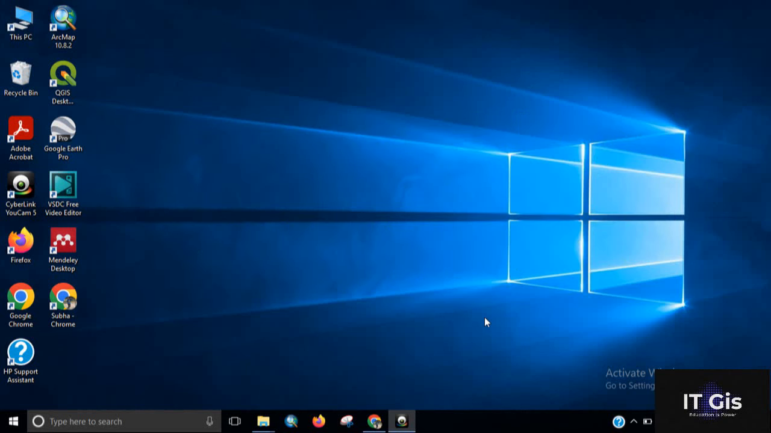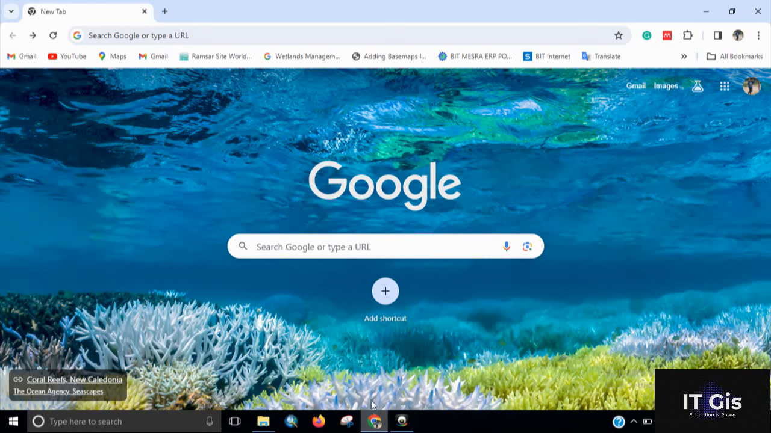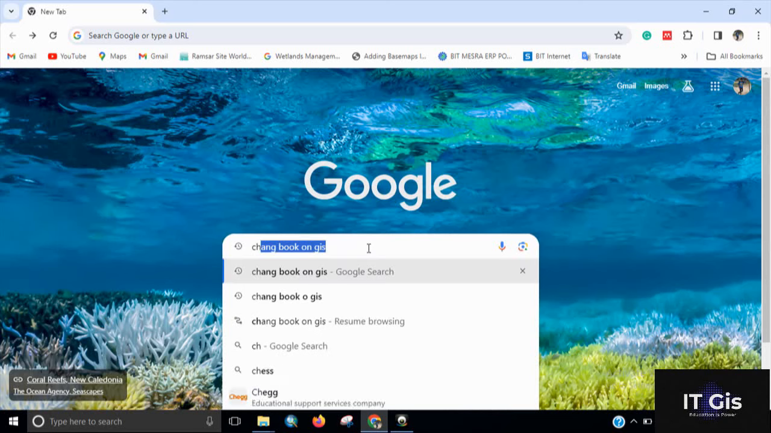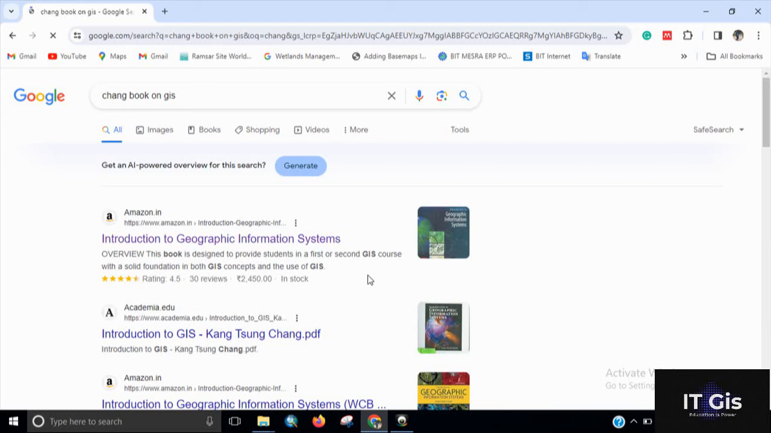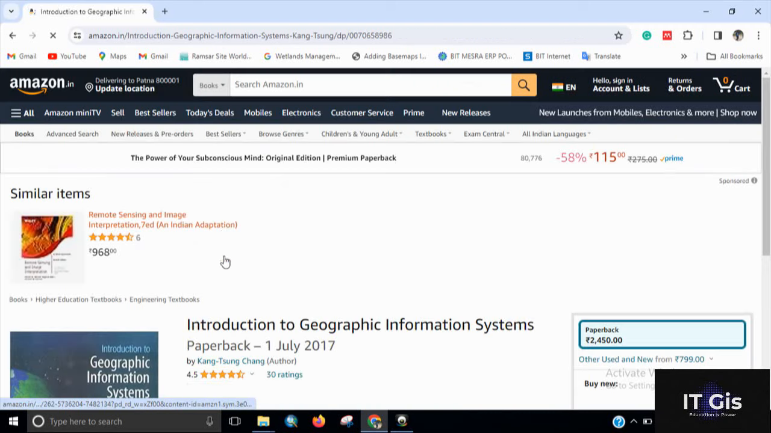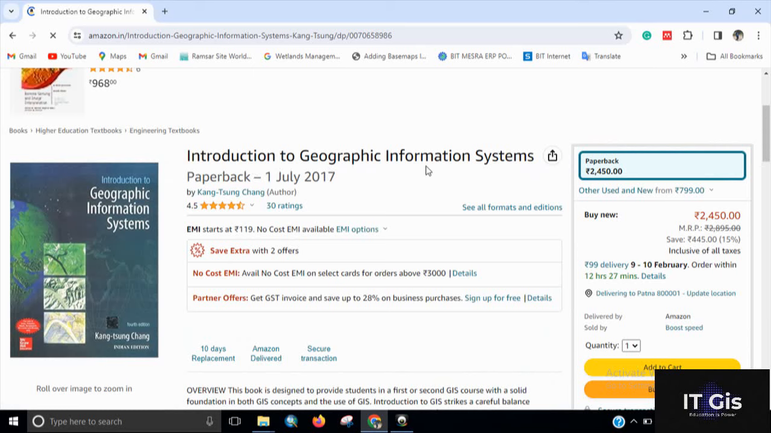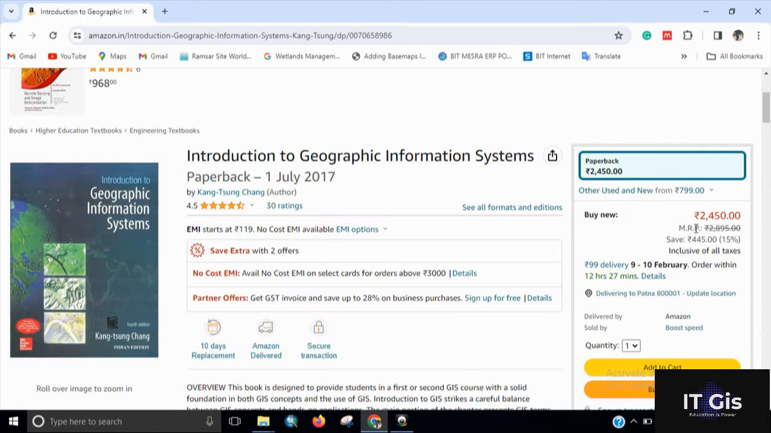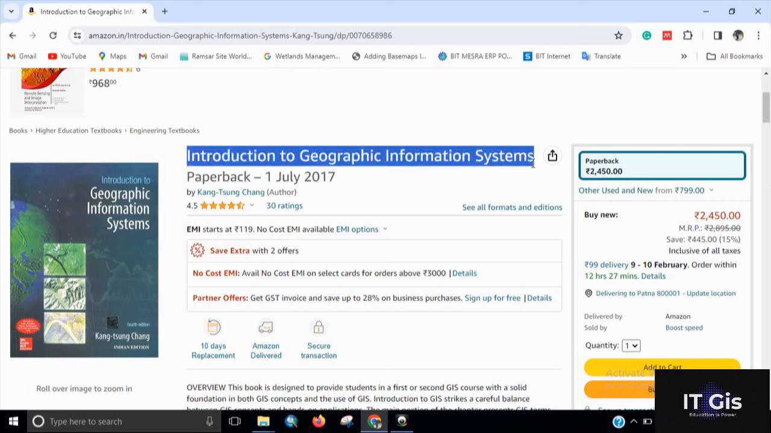For this you have to go to the browser and search the book name. I'm searching for a GIS book, like Chang's book on GIS. So this is the book, Introduction to Geographical Information System. This is the book name and the author. The book price is about 2500. So copy the name